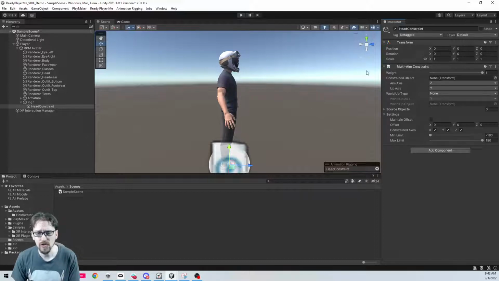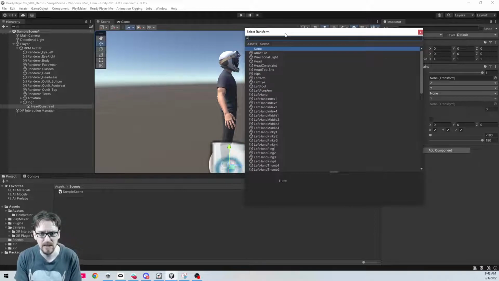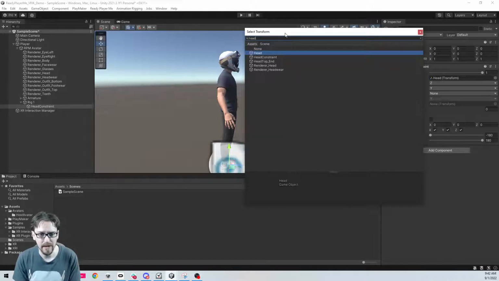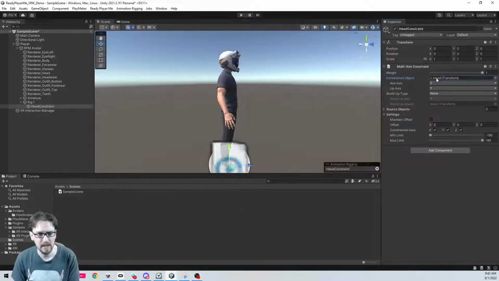And so what are we constraining? So we're actually going to constrain the, now in some armatures I've constrained the neck bone. Sometimes it's the head bone. It just kind of depends on how it's set up. But with this guy, it is the head bone. So I really don't need to dig in there. I can just click over here in my transform list and just search head. And there's only one head. So boom, there's our head transform. I can click here if I want to see it in the armature to make sure I've selected the right guy.